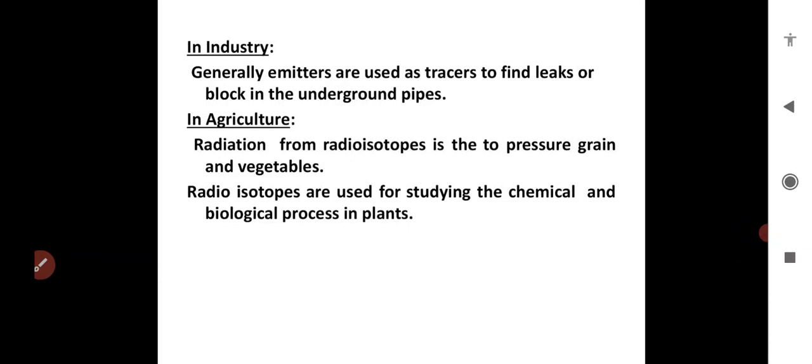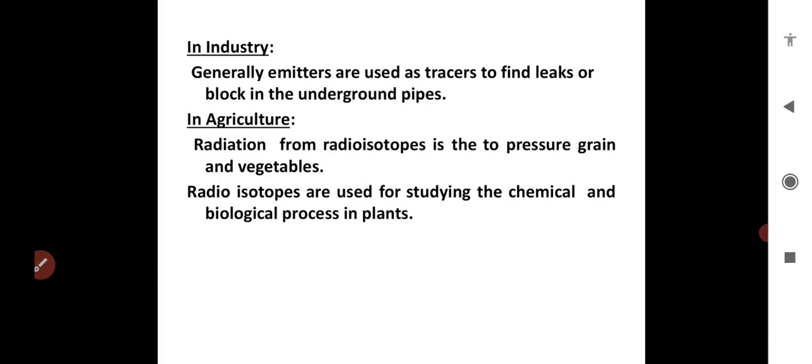Radioisotopes are also used to monitor and control the thickness of paper, plastic, etc. In this case, the gamma rays passing through the sheets from one side are received by a detector on the other side. If the thickness is more, the radiation absorbed will be less. Here the detector sends signals to the equipment which adjusts the thickness of the material.